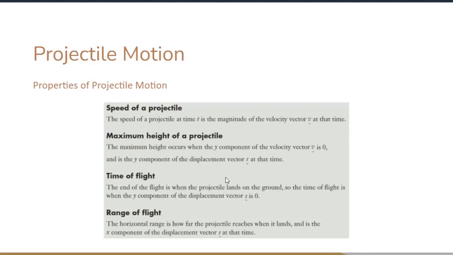And then when we find the time of flight, the end of the flight is when the projectile lands on the ground. So the time of flight is when the y component of the displacement is 0, which is exactly what we just found. And then when we want the range of flight, the horizontal range is how far the projectile reaches when it lands, and it's the x component of the displacement at that time. So it's the x component of the displacement at the time of flight. So just remember, when you're doing projectile motion questions, that these are the 4 components that you'll generally be looking